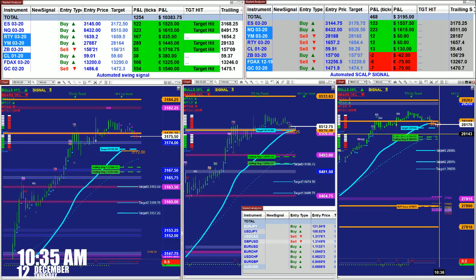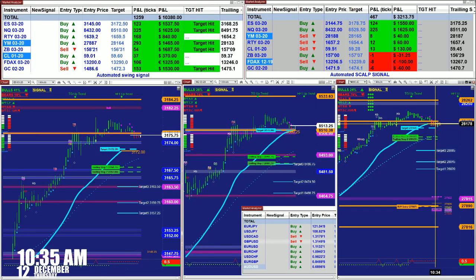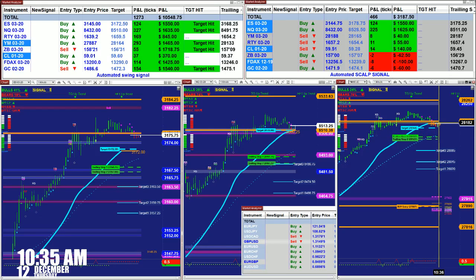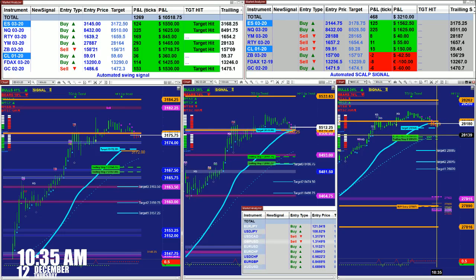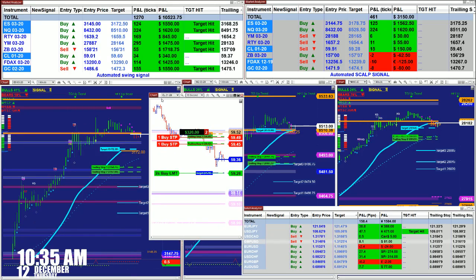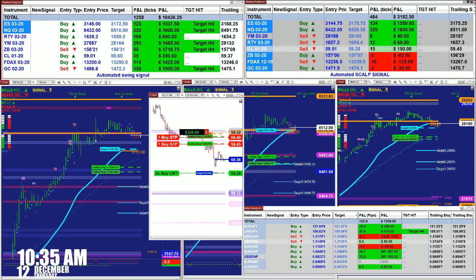For the YM, it is a re-entry point 28137. If we look at this number, if it is 28178, this is a re-entry long. But if it fell from that number, then the re-entry number is 28139. So for the CL, this is the last from the scalper. We had the signal, as I said, keep following the signal. We fired the signal a couple minutes ago,